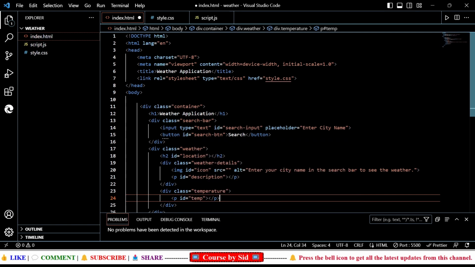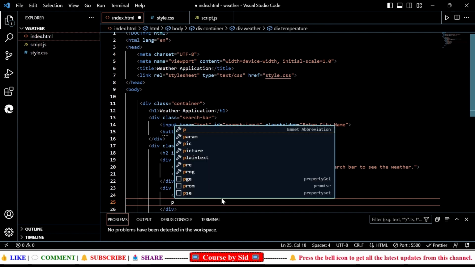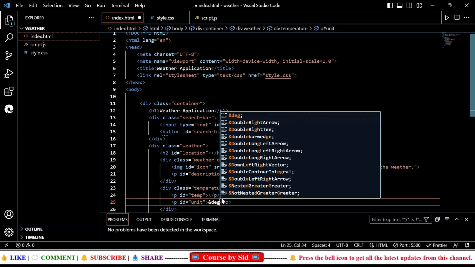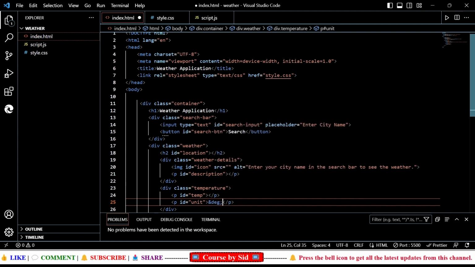And one other p tag I'll be using, and the ID I'll be writing as unit, right? And here I'll write the degree symbol, so I'll be writing the ampersand deg degree, right? And then semicolon,